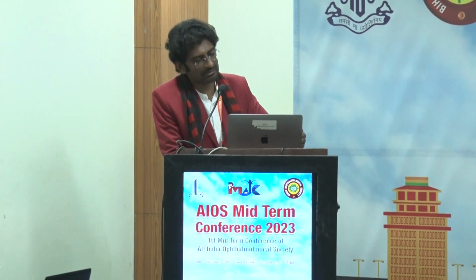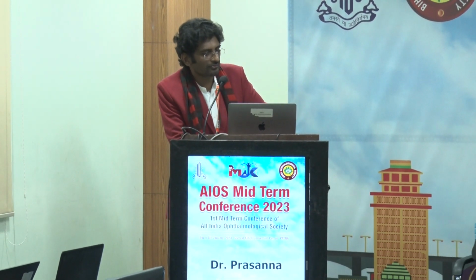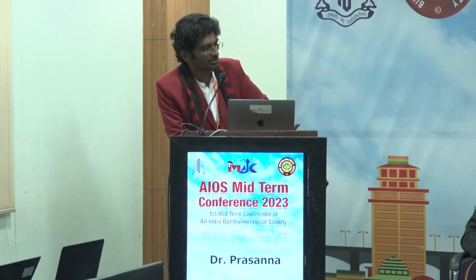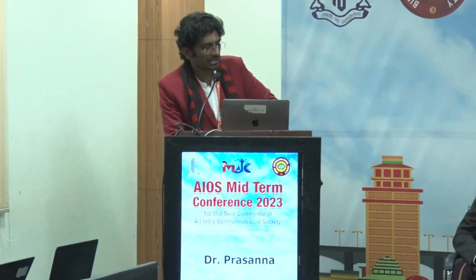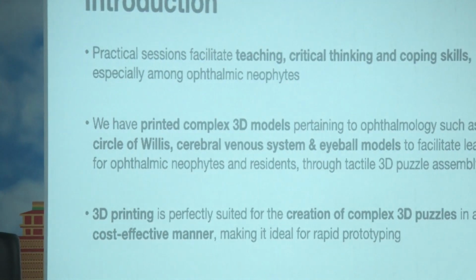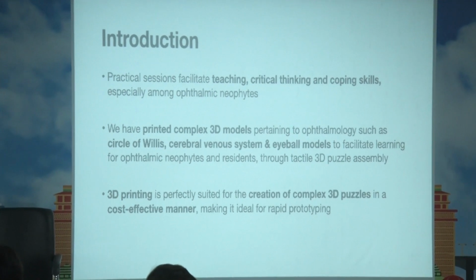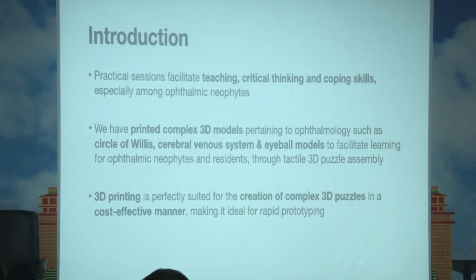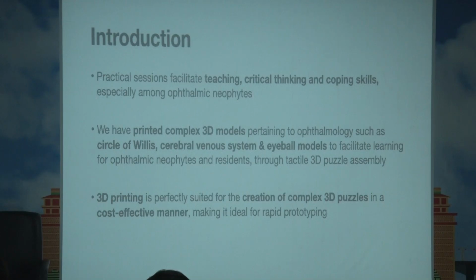When we see the theoretical framework of a concept, it has many limitations. There is no single real structure in a textbook of a cavernous sinus, or when multiple textbooks are referred, there are so many different images of the same structure, be it the circle of Willis, a cavernous sinus, especially neuro-ophthalmic structures, even the ophthalmic structure of the eyeball. So we wanted to create a practical session which will facilitate critical thinking and a coping skill for a neophyte. So we brought in 3D printing technology, where we printed simple basic science structures like the circle of Willis